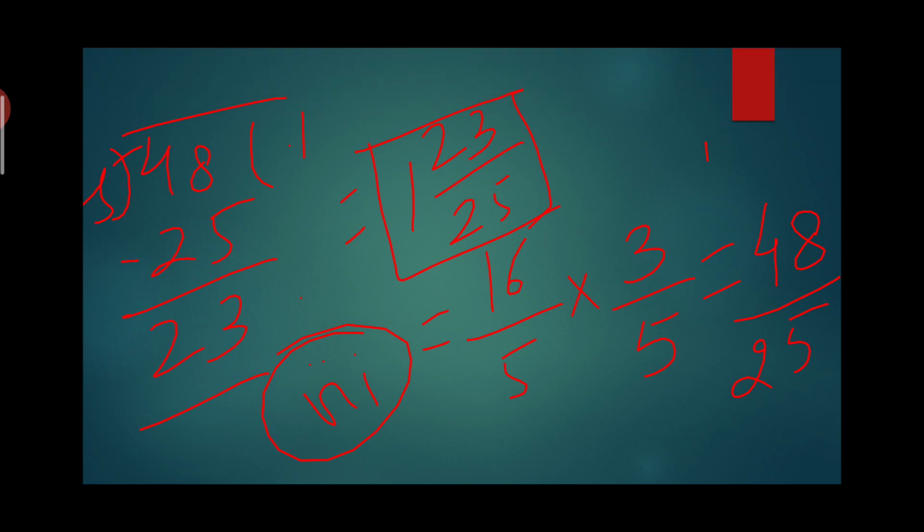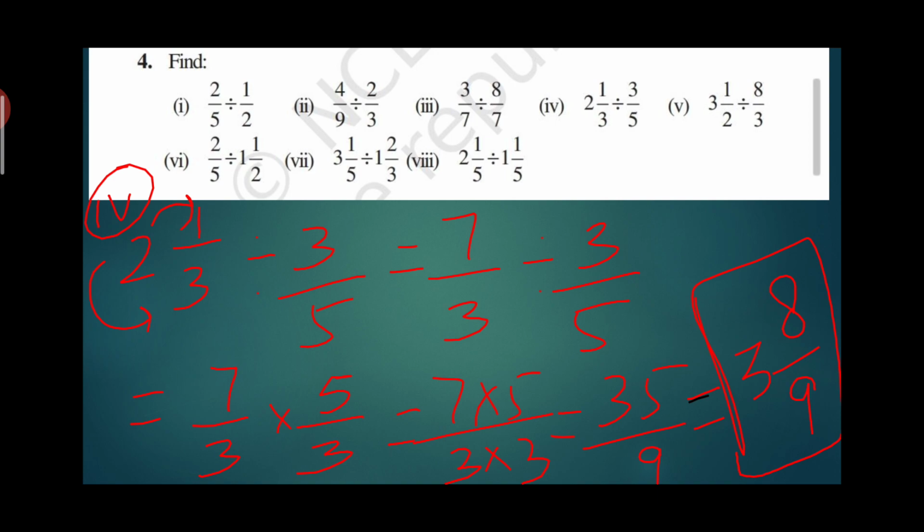Now we have done question number 4, fourth and seventh parts, 2 parts. The rest of the parts you have to do by yourself, and if you still face any doubt, then you can ask me. So that's all for today. We have done exercise 2.4 and the rest of the questions are your homework, and we will be studying the next topic in our next class. Thank you.